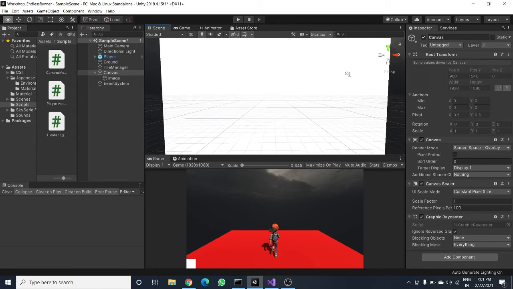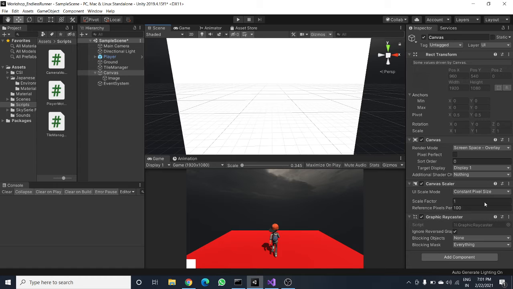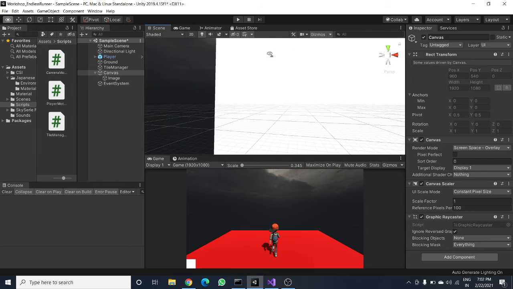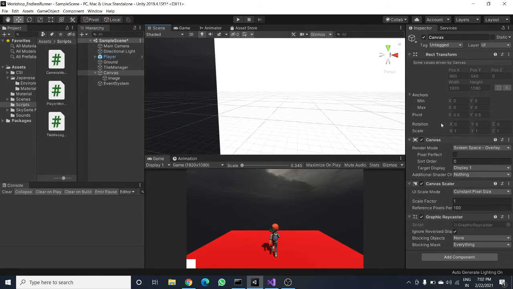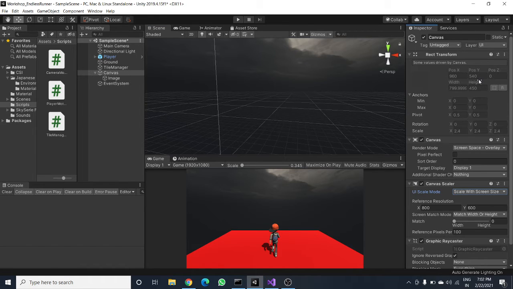Canvas is a Rect Transform, which means it has a rectangular property like position x, y, z, and width and height. Just go in the Canvas, and in the Canvas Scaler, change UI Scale Mode to Scale With Screen Size. Now it will change according to our screen size.